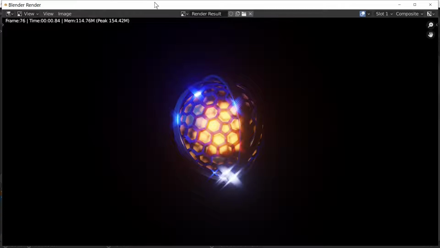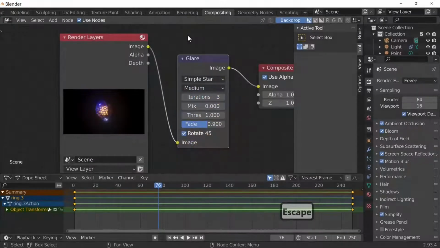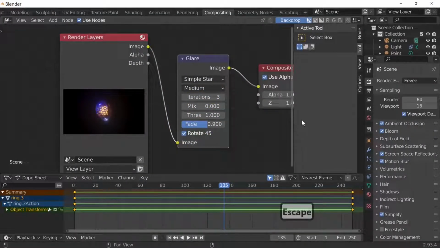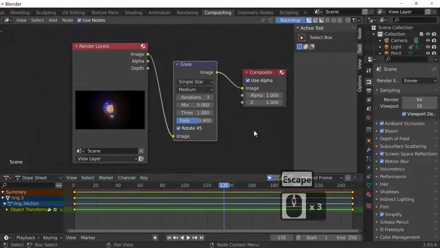And if we actually just go on a different frame, say, let's just go in left, F12, as you can see, we've got a different effect. And depending on your light setup or what you've got set up, it depends on how things will reflect light and how shiny things are. So let's just render that out and see what it looks like. To set up your render, that's what we'll do next.